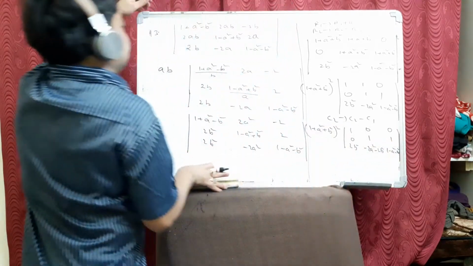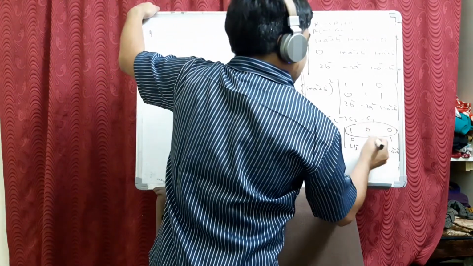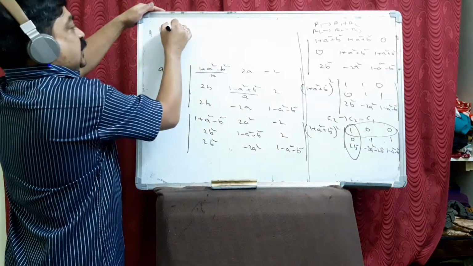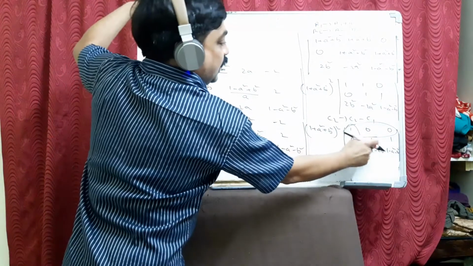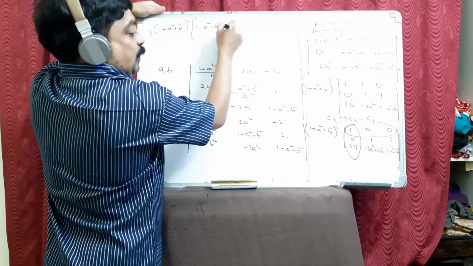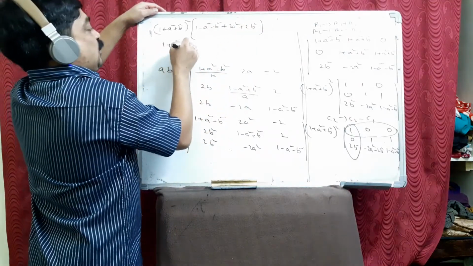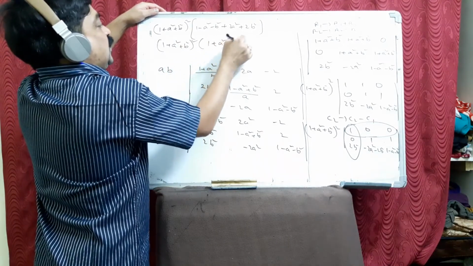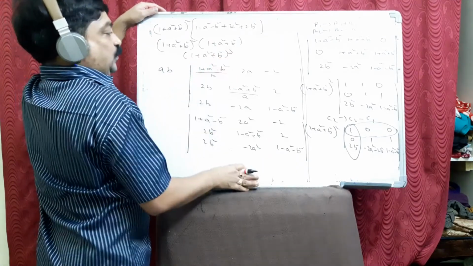I do the last step here. Now you can apply the property. Just remove them and remove this. It becomes 1 plus a square plus b square whole square outside. Inside, the determinant of that leftover matrix: 1 minus a square minus b square plus 2a square plus 2b square. So it becomes 1 plus a square plus b square whole square into 1 plus a square plus b square. So the whole thing becomes 1 plus a square plus b square whole cube. Okay?